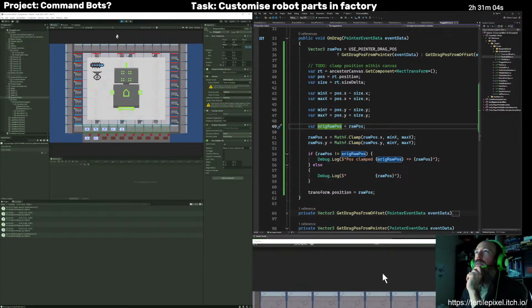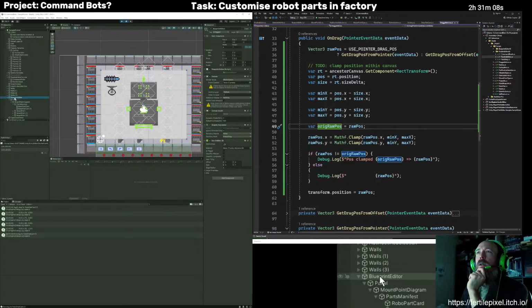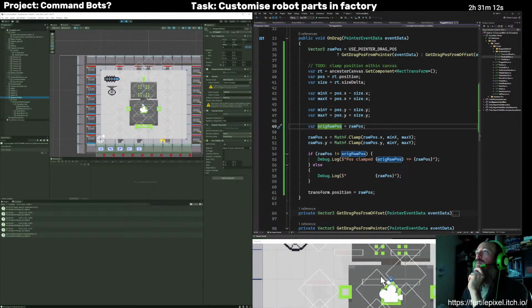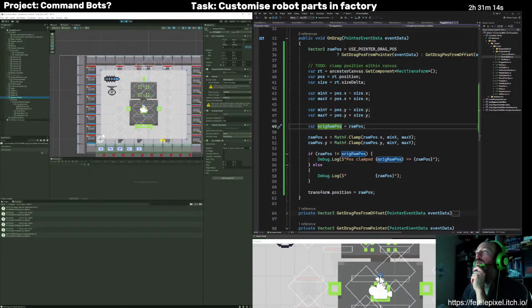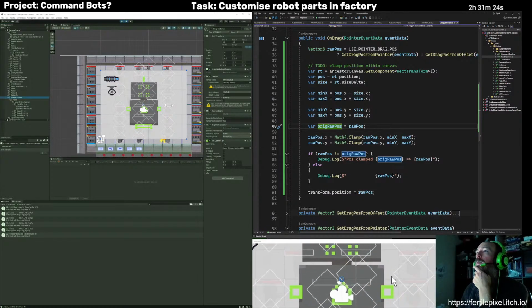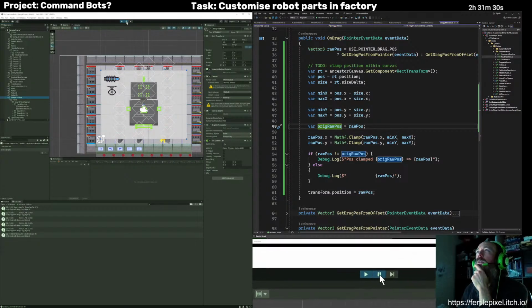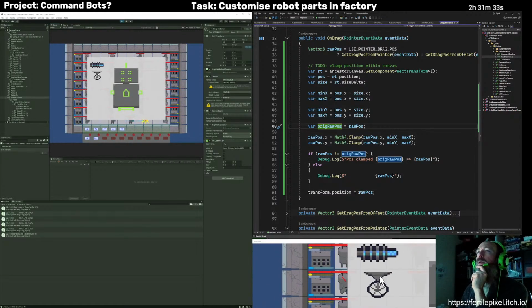Okay, so I'll just pause for a second and grab my scene here. Got my blueprint editor canvas. So it is at position 4.5. Let's just look at the X. It's at position 4.5 and its width is 9. So that should be right on 0, and that should be right on 9 over there. So let's go back and see that happening.